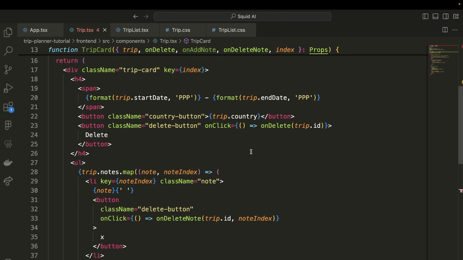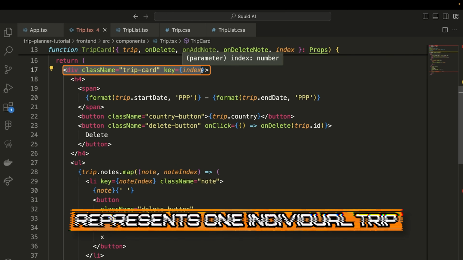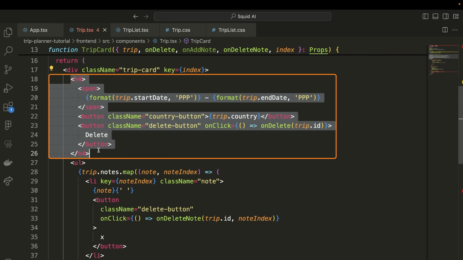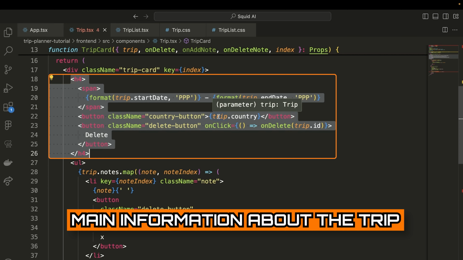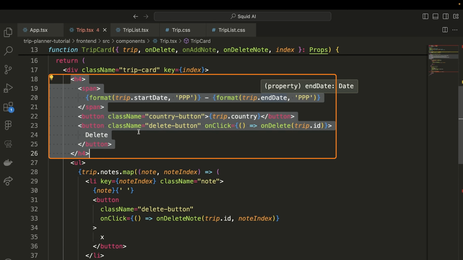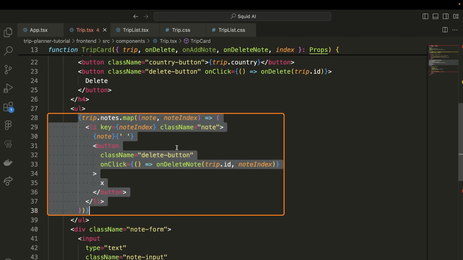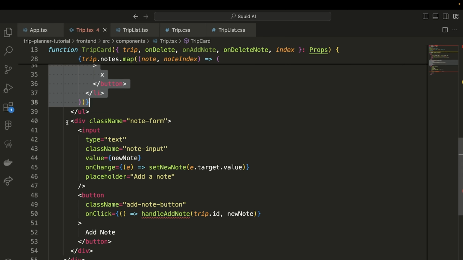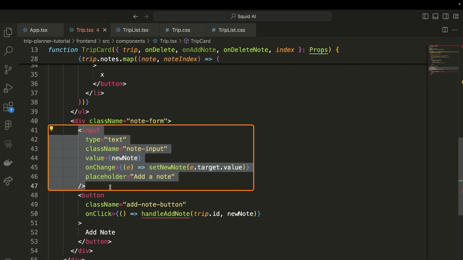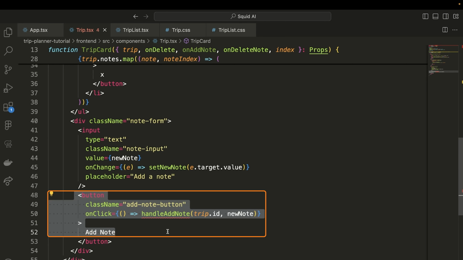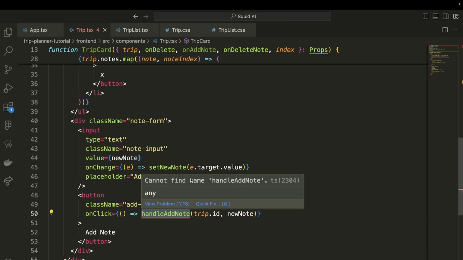Okay, let's quickly run through this. We have a div, which represents one individual trip. We display the main information about the trip, which is the country, the start date to the end date, and then the ability to delete it. We then render all of the different notes associated with an individual trip, and then we have a div here for adding the note. So we have the actual input for the note, and then we have a button that allows us to add it, and then we just have a function we need to define,